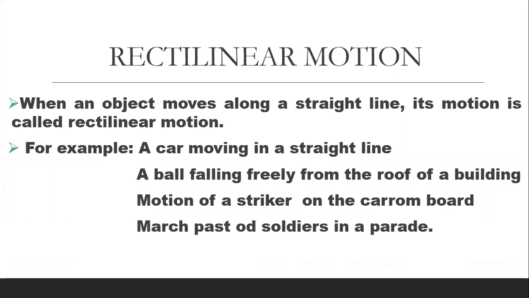So we have read about rectilinear motion, okay? That any object which moves in a straight line is called rectilinear motion. The examples we can say are a car moving in a straight line, a ball falling freely from a roof of a building, motion of a striker on the carom board, and march past of